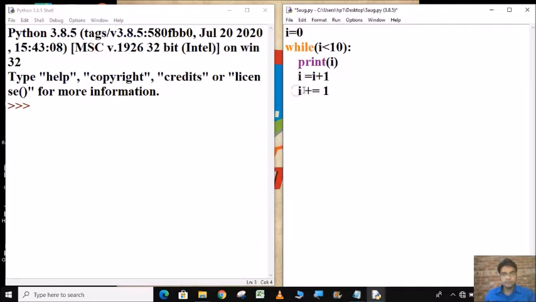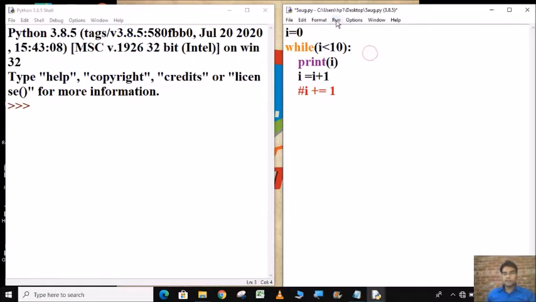Okay. So what happens now? This i is equal to 0. Now the condition will be checked: i is less than 10. The condition is true, so i will be printed. Then again i will be incremented by 1. Now 1 will be checked. 1 is less than 10. Then 1 will be printed.